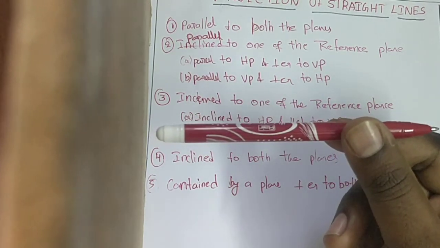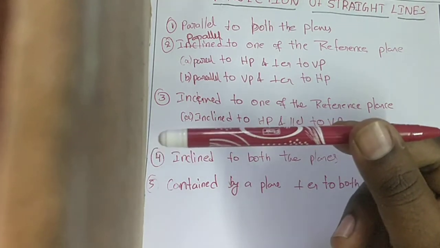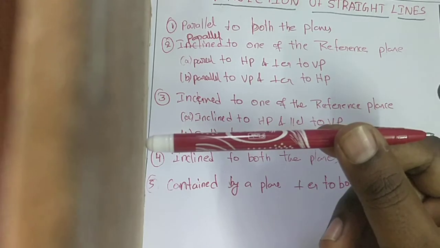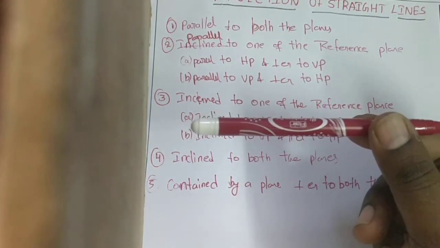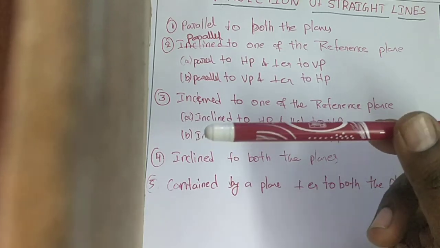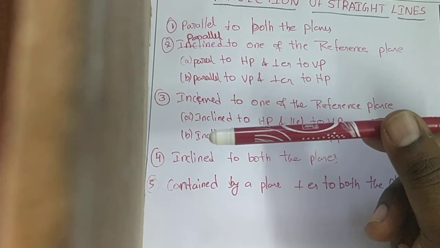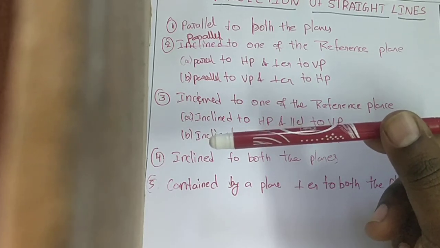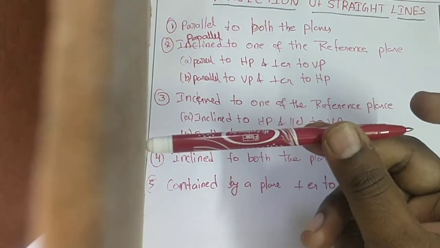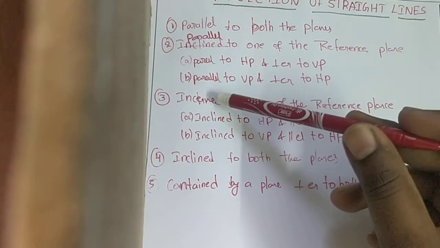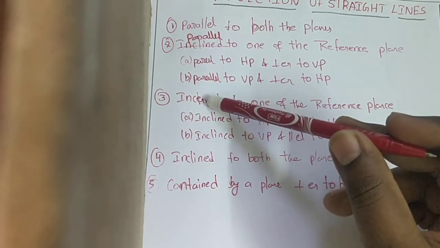Okay, we get the point in the plane that is perpendicular to the object, and we get the full length of the object in the plane that is parallel to it. In this case, in top view, that is the horizontal plane, we will get the total length of the object, so that it is parallel to HP and perpendicular to VP. Okay. Similarly, the second case, that is parallel to VP and perpendicular to HP.